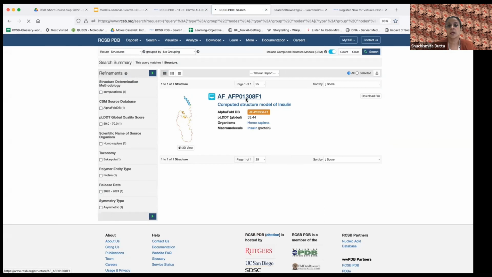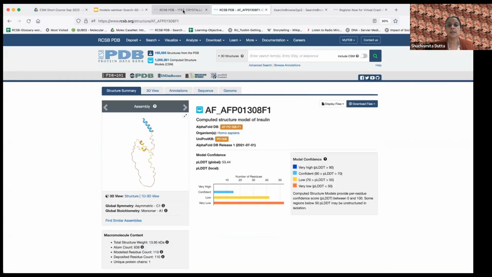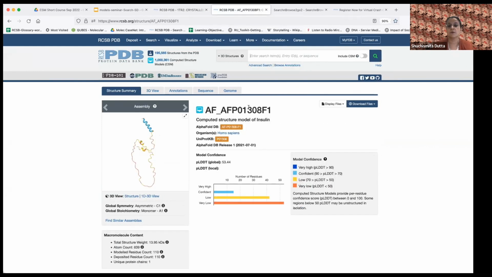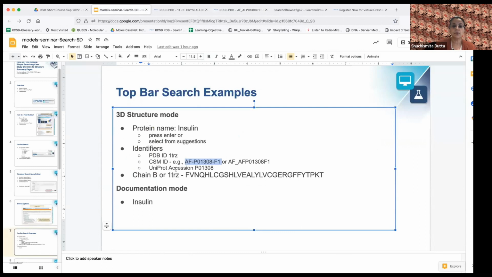And I'm going to open that too. So what I did when I found the 1-TRZ and this other AlphaFold protein, I clicked on that and it opened something that we call the structure summary page. And we will look at that in a few moments. But before we do that, I wanted to also point out that